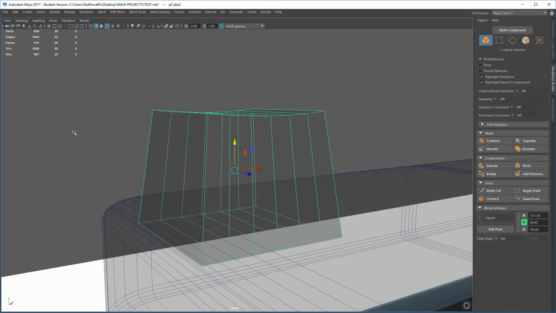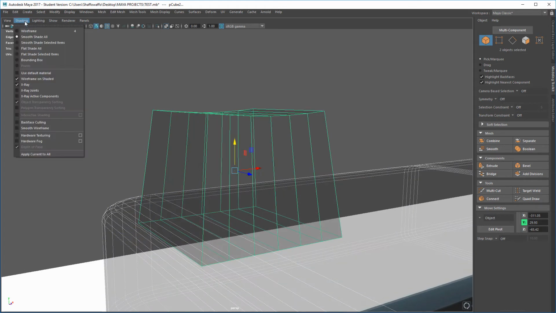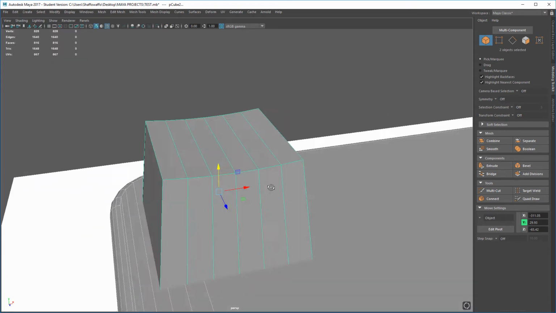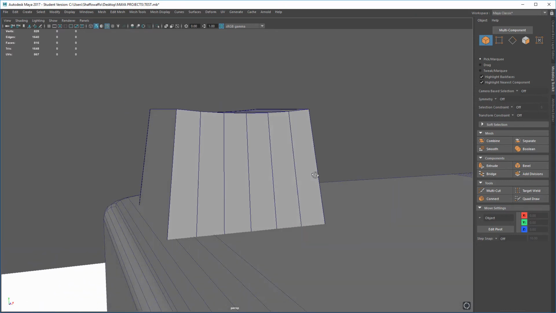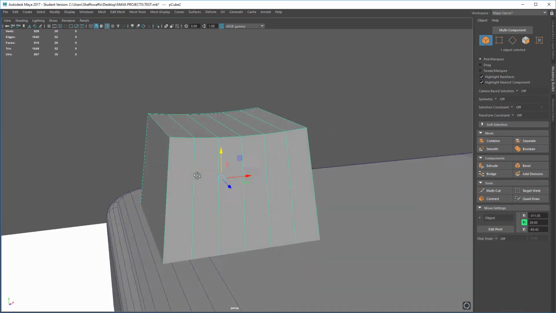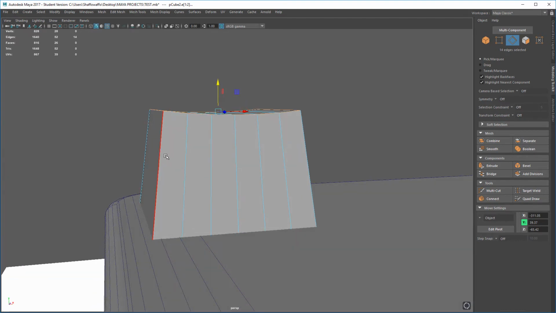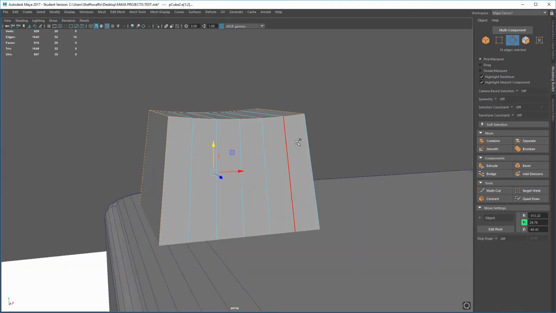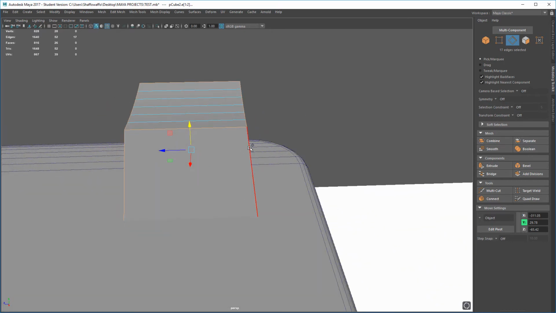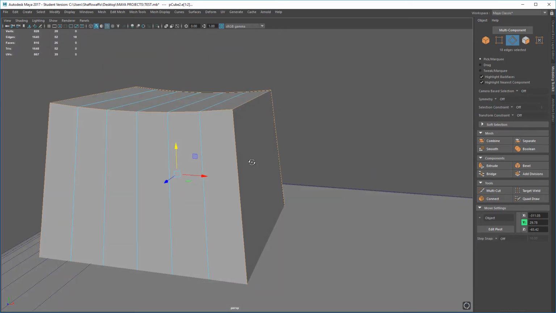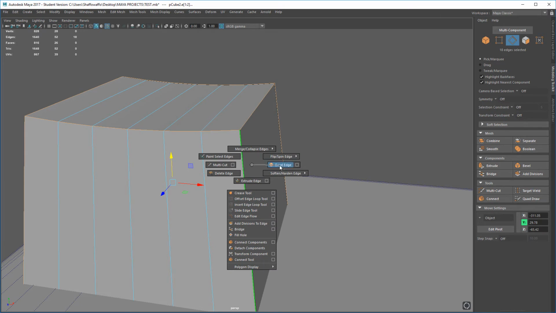We're still in X-ray mode at the moment, so I'm just going to select these 2 objects, get out of X-ray mode, and now you can see we should have some nice soft curvature. And we know each of our buttons effectively needs to have a nice beveled edge, so I'm just going to Shift double click, Shift double click, Shift double click, and select these 4 edges as well. So that one, that one, that one, and that one. I'm going to put a bevel on here. So Shift right click, bevel edge,